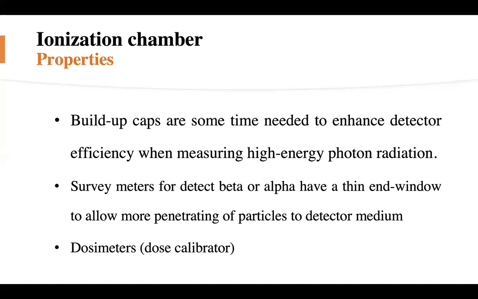Sometimes we need to build up caps, sometimes needed to enhance detector efficiency when measuring high energy photon radiation. And actually, this is part of the answer. Survey meter for detecting beta: we can use an ionization chamber to detect beta or alpha, but we need to use a thin end window because, you know, alpha can be stopped by paper. So we need a thin end window to allow more penetrating particles to be detected. And the ionization chamber is also used for